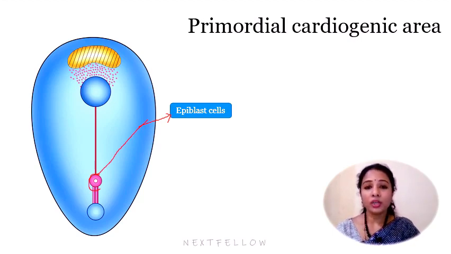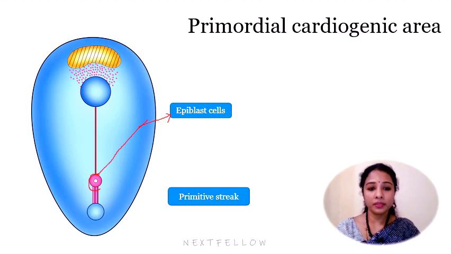You might have known what is lateral plate mesoderm by now in general embryology. So these epiblast cells which are at the cranial end of the primitive streak migrate into the splanchnic layer of lateral plate mesoderm, which later turns to form a primordial heart. So that is the basic idea, and thus the heart, if you see its origin, is mesodermal in origin, and the cells of the epiblast migrate through the primitive streak to reach the primordial cardiogenic area. So here is the primordial cardiogenic area.